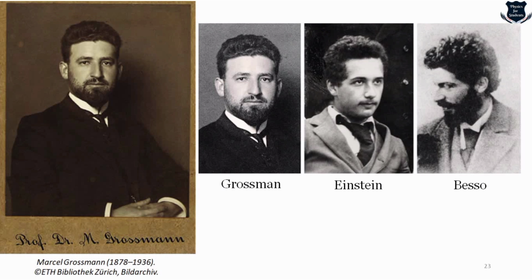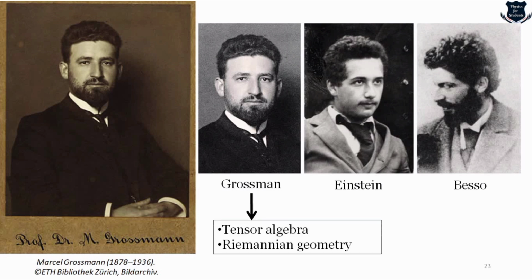Now, it was Grossmann who helped Einstein with the geometry and the concept of tensor algebra. He needed to formalize the theory, so he asked Grossmann to search the literature and look for an existing appropriate geometry to tackle the questions. So Grossmann introduced tensor algebra and Riemannian geometry, and the next day Grossmann returned with a solution: Riemannian geometry. He also added jokingly that the differential equations of Riemannian geometry are non-linear, which he considered